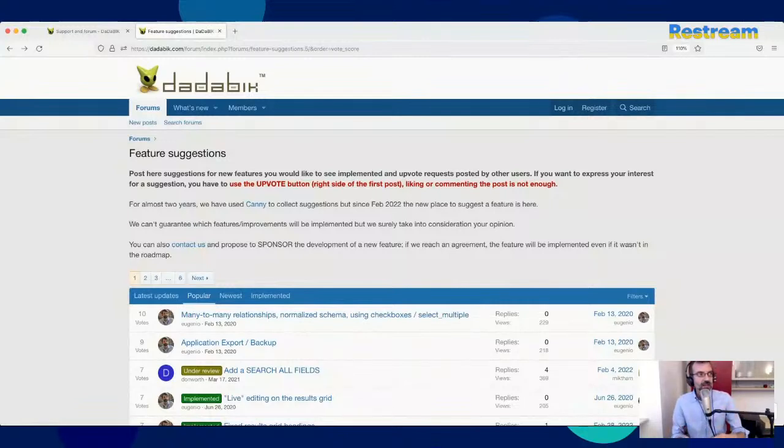The front end of the application, the interface is not super modern, but I think it's fine. It doesn't look very old.